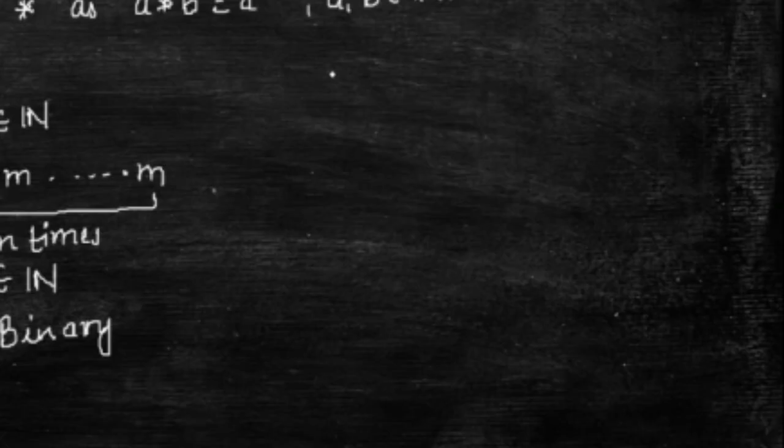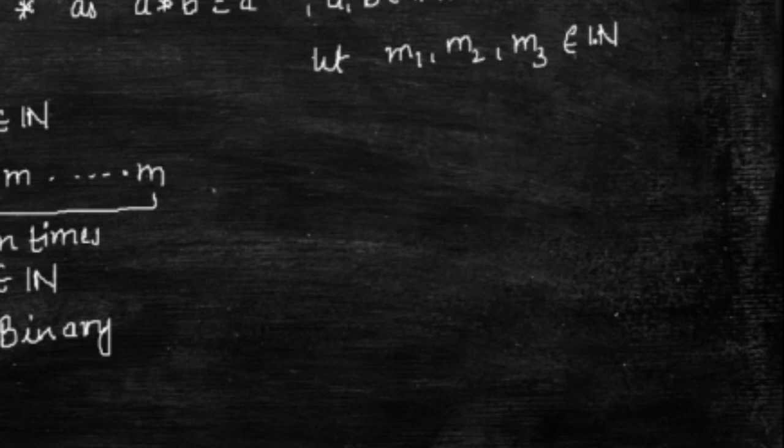So in order to find out this characteristic, let us say we have m1, m2 and m3 in the set of naturals, right? So try to find out what we are going to do. We are trying to find out कि ये जो ब्रैकेट का प्लेसमेंट है ना, इससे कुछ चेंज हो रहा है या नहीं, ठीक है. So what is m1 star m2?